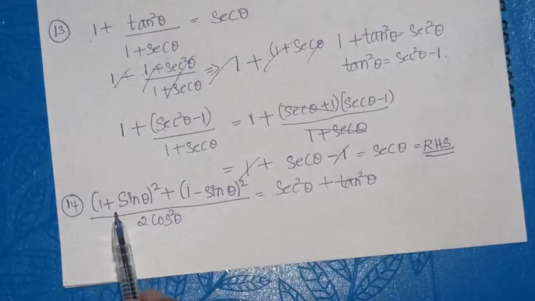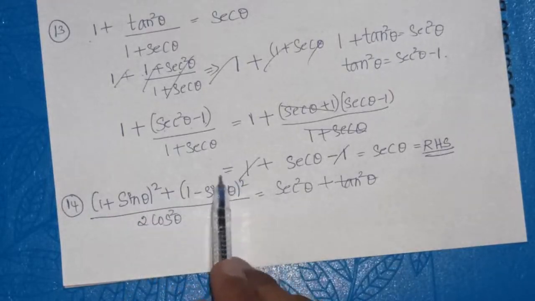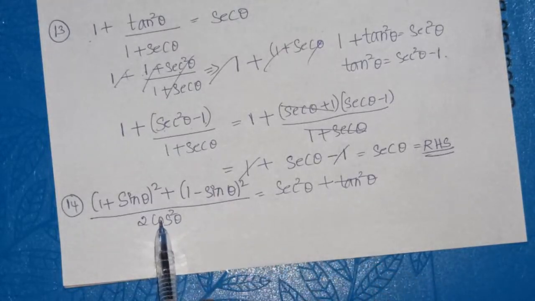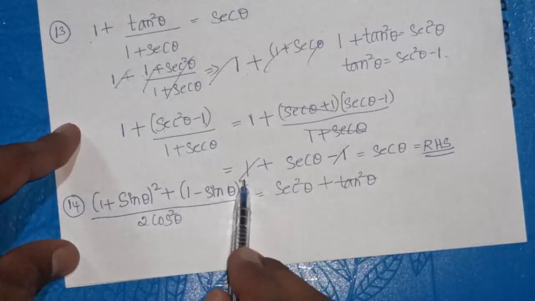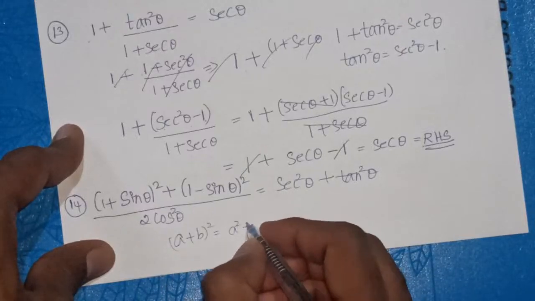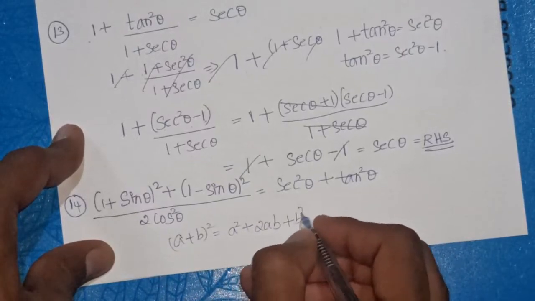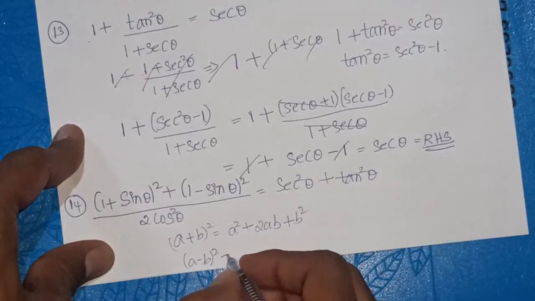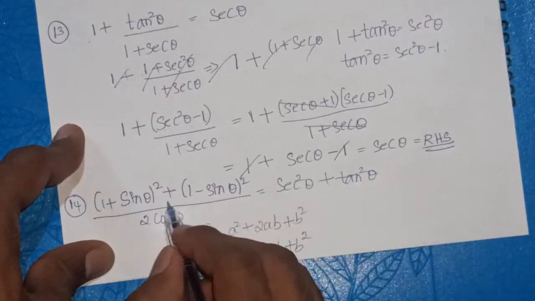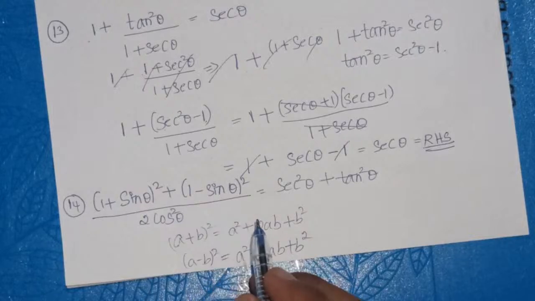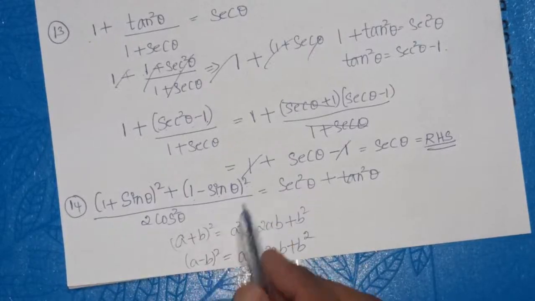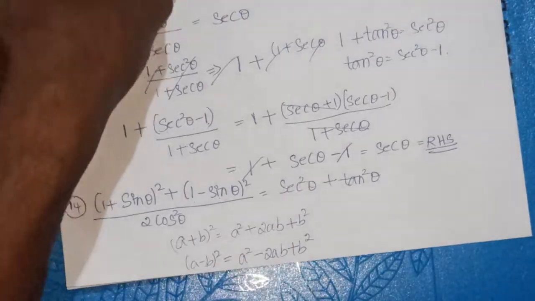Next, move on to the next question. (1 plus sin theta) whole square plus (1 minus sin theta) whole square divided by 2 cos square theta will be equal to secant square plus tan square theta. In the LHS, we have (a plus b) whole square and (a minus b) whole square. (a plus b) whole square is equal to a square plus 2ab plus b square, and (a minus b) whole square is equal to a square minus 2ab plus b square. In the LHS, 1 plus sin theta whole square can be written as (a plus b) whole square, and 1 minus sin theta whole square can be written as (a minus b) whole square. By taking that, we will be getting